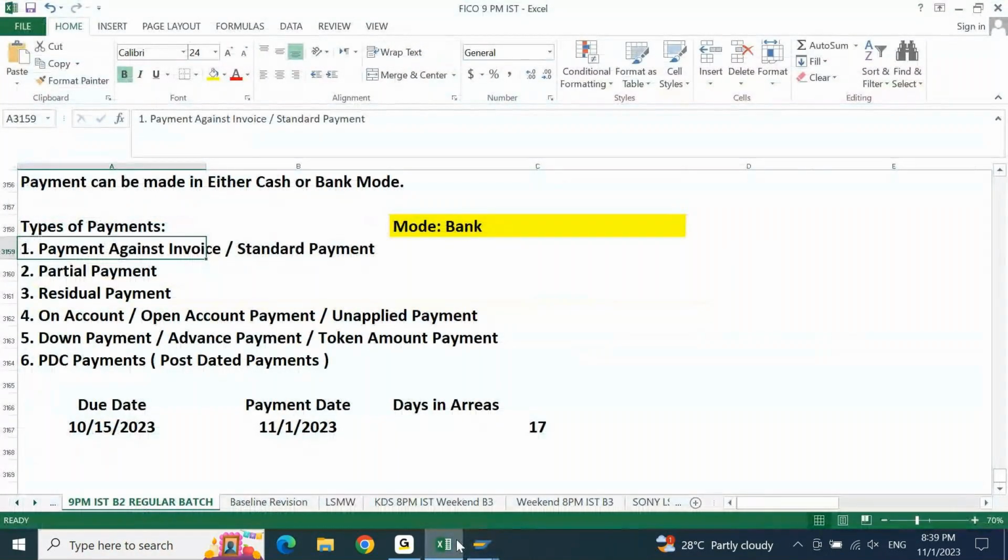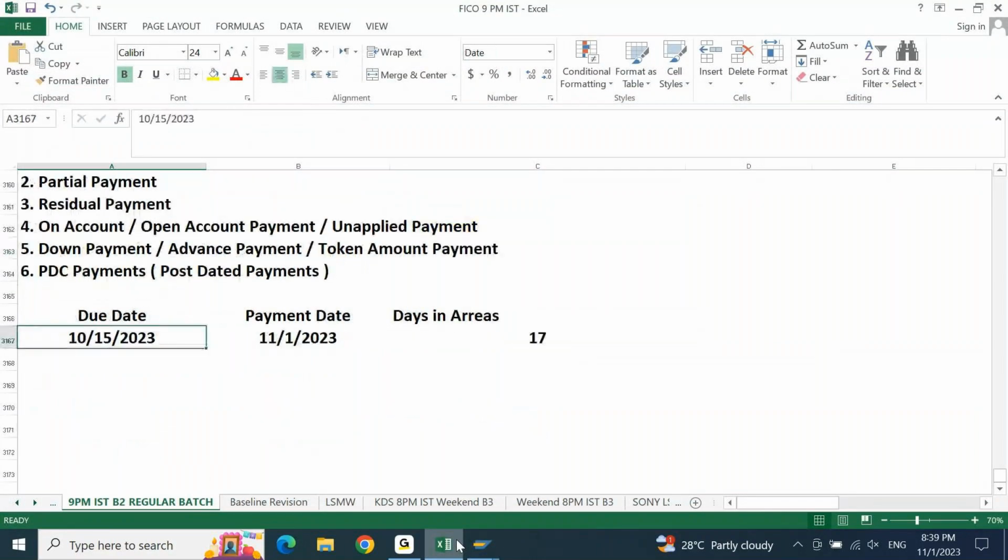Sir, if it is related to check, how will you find when that amount will be paid? That I'll show in the next transactions where I'll process the practical check payment. Okay. Now next one,